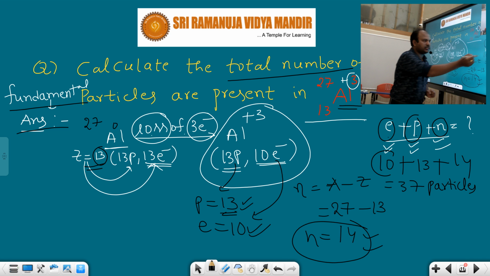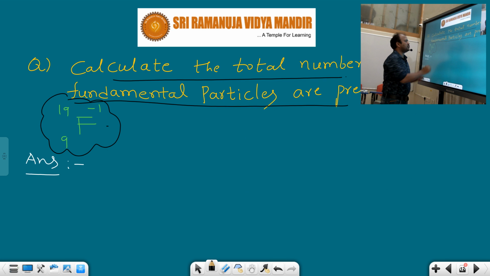After that, last but not least, what question will be given? Calculate the total number of fundamental particles present in fluorine 19, 9, minus 1. Is this a cation or anion? A minus charge will be there. This is the anion. Whenever it is an anion, this anion is formed by the gaining of electrons. So negatively charged ions means